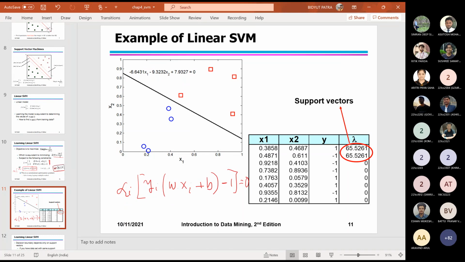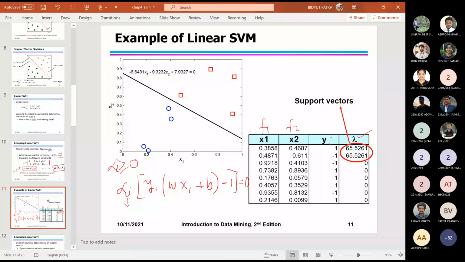Now suppose we have a set of training data, that is coordinates of the training data or features. This is f1 and this is f2, x1 x2, and these are the yi, that is the class level. Okay, these are given, but actually we need to find this value, that is the Lagrangian multiplier for each sample. Okay, alpha I indicates the Lagrangian multiplier for each sample. Last class I talked about that the Lagrangian multiplier value will be greater than or equal to 0. So here it was another constraint according to the KKT constraint, so it should be greater than or equal to 0.